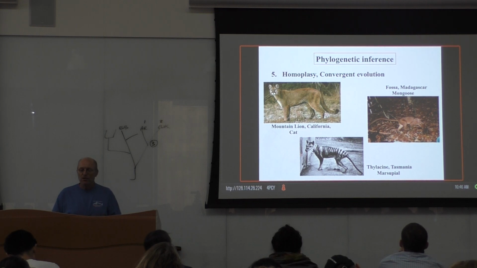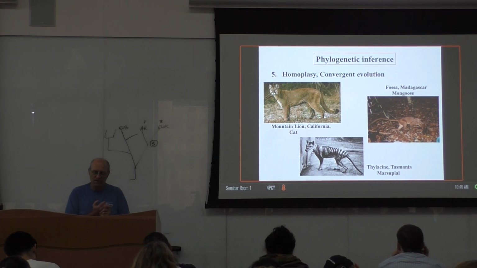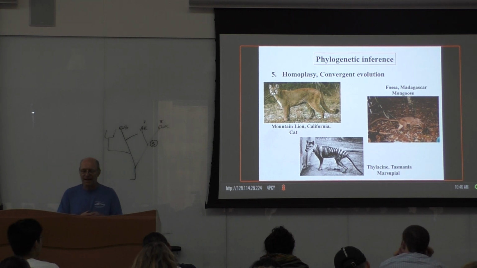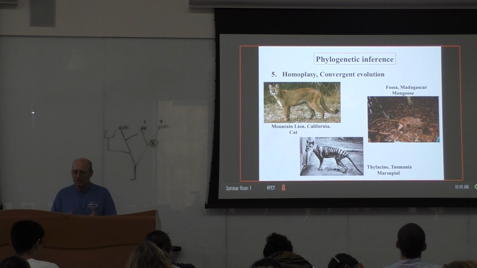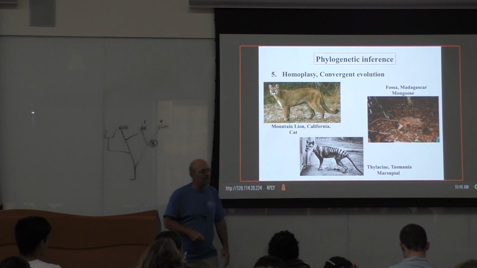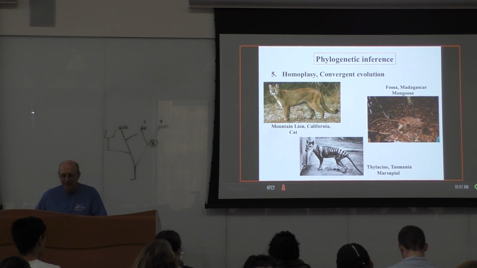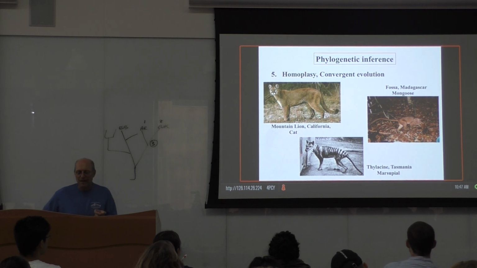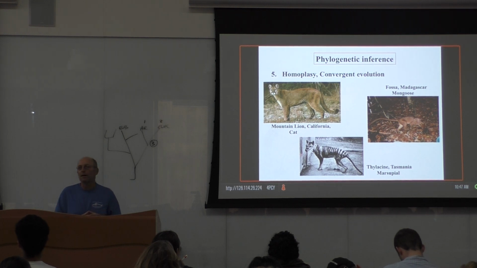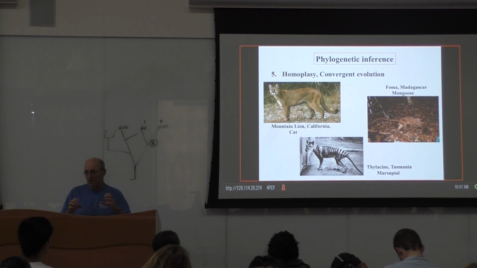Another example is animals that have similar ecologies. I'm sure that you know tons of examples, I'm just stating some. The thylacine, or what is called the Tasmanian tiger, that is now extinct, maybe, is this guy right here. Then there's the fossa, one of my favorite organisms that feeds on small tasty lemurs in Madagascar and scares everybody. That's a mongoose. And then the mountain lion. All these guys, if you didn't know much about them, you would think that they are grouped together, while in fact they are completely different organisms. I mean, they are mammals, but they are not the closest relatives. However, because they have similar ecologies,